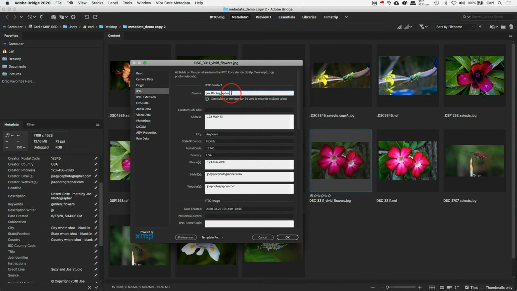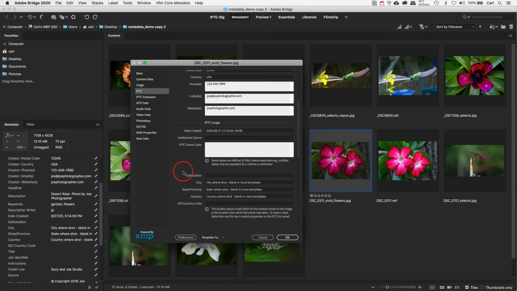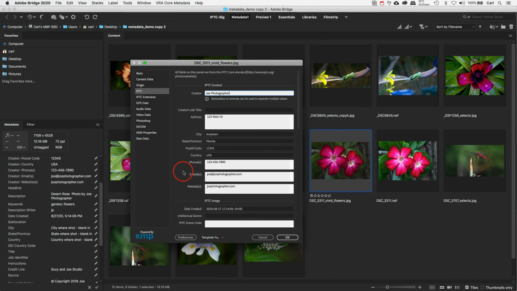Well, we have Joe Photographer's name in the creator field, often called the photographer field. Well, it's pretty obvious and perhaps the most basic thing to do, and that's one of those 3 fields that Google Images is going to expose right there under your picture. So already we're a third of the way home for that particular feature in Google Images. Moving down the template, in this particular display, there's nothing to say that the fields have to be displayed in this order,